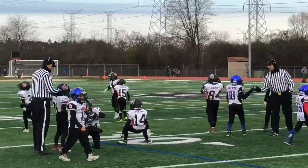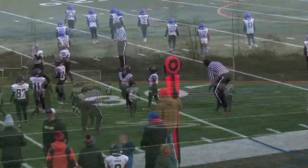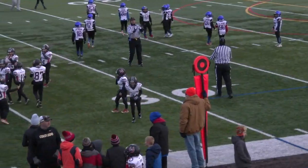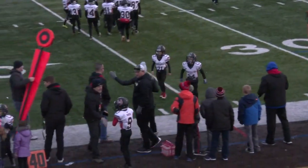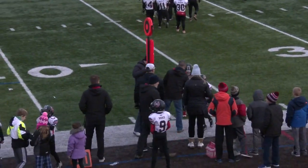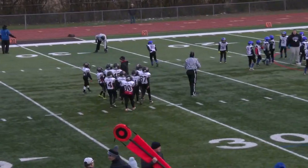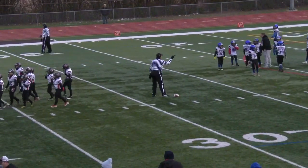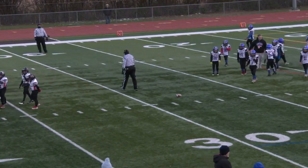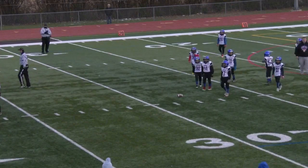Who's coming out of the pile with that football? It's Caleb Pratt. He seems to be a little shaken up as there were several players vying for that ball. I saw Jacob Rojas jumping in there as well, but a nice job closing the gap. Lamar Osterhuis forcing that fumble, as Darrell Jackson was trying to look for some daylight on the outside, and now the Broncos with a great